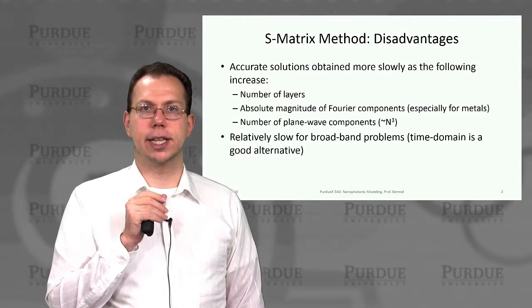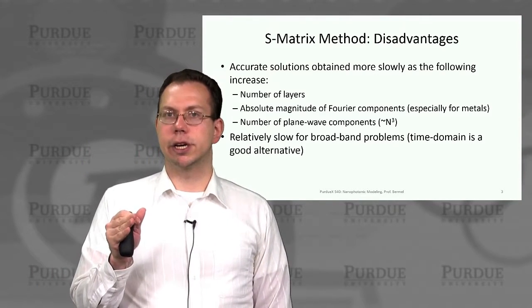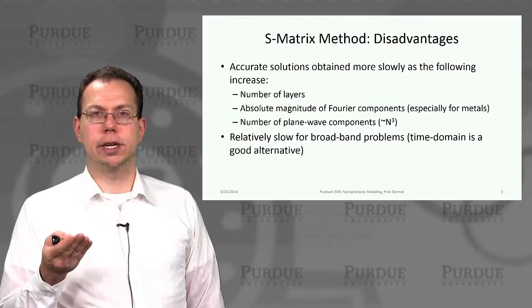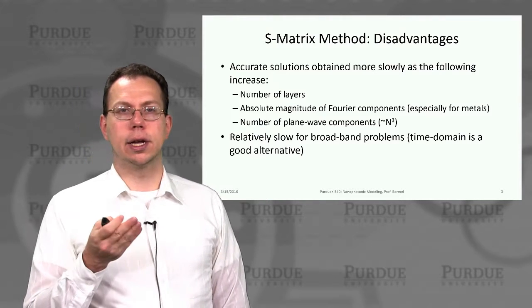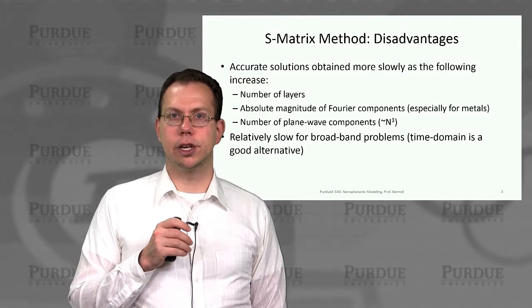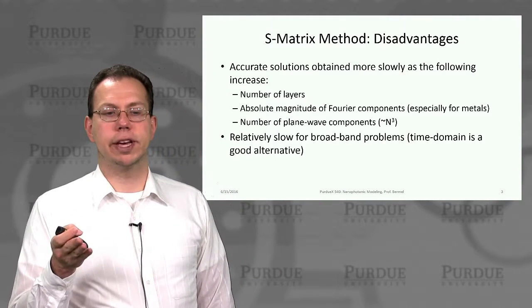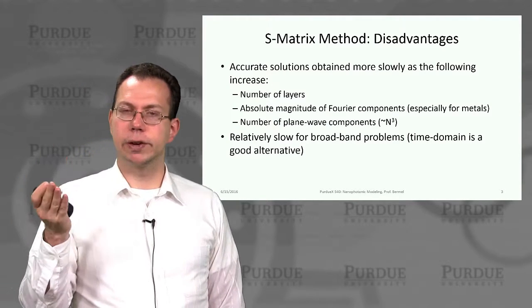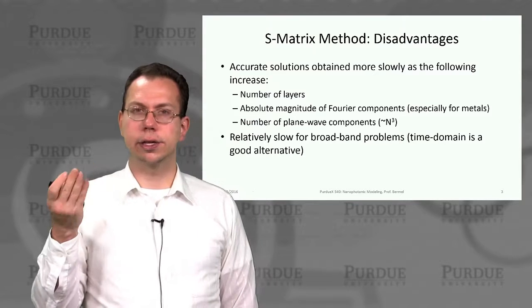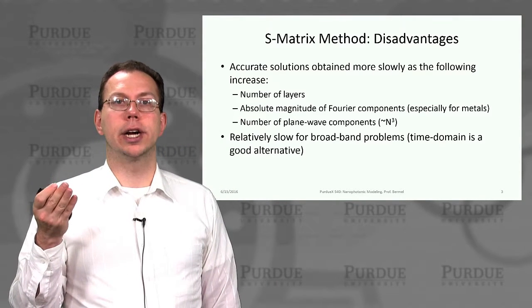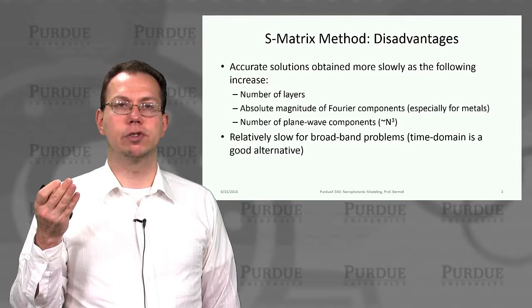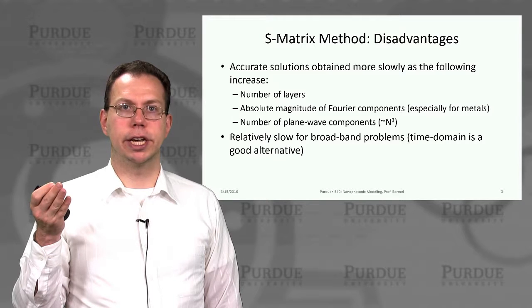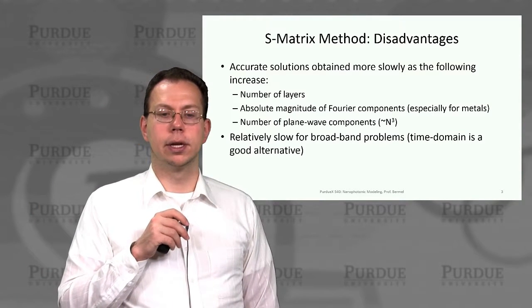The price is that the scaling of this kind of problem is not good, because remember, we're trying to solve an eigenmode problem. When we solve eigenmode problems, that usually has a solution time that scales like n cubed. So if we doubled the size of the system, it would take 8 times longer to solve. That may not sound too bad, but imagine you try to increase the size by a factor of 20. Now you're talking about 8,000 times as much computation. That becomes prohibitive at some point.